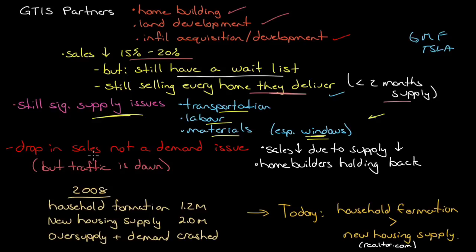They have a drop in sales, and they say they're very clear about it. Our drop in sales is not a demand issue. We are selling every home that we can build, and we have a wait list. Sales are down due to supply being down. And they do note that other home builders are holding back as well. Partly because, as we reported last week, there is a contraction in credit available for home builders. They're finding it harder to get financed for development. So, why pay the higher costs to get it done? And if there's going to be a credit shortage, oh well, there'll be a housing shortage.